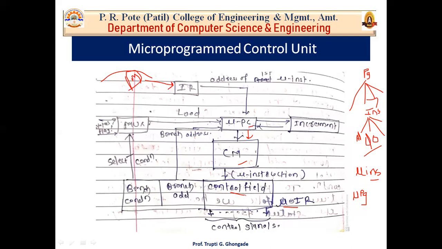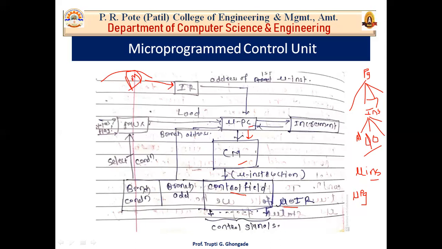will go on till the instruction is over, and then we will start the next instruction and repeat the whole process. That means fetch the instruction from memory, load it into the IR, then the IR will give the address of the first micro instruction, then your micro program counter will be incremented and it will fetch the address of another micro instruction. Then your micro instruction is given to the control memory, and by using control memory, these micro instructions are given to the micro IR, and then control signals are generated, and this process will continue one after another.